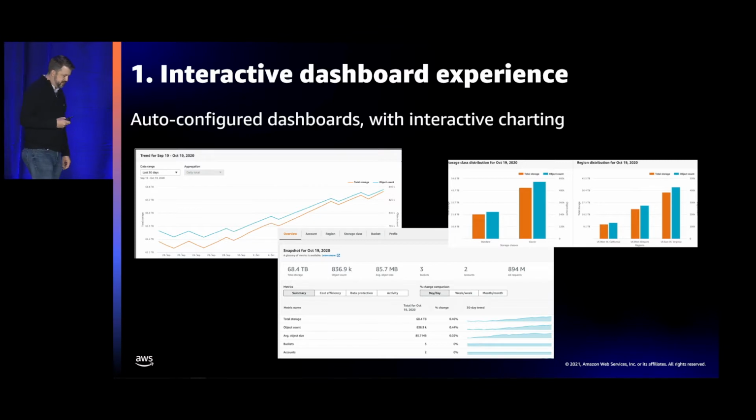So when we speak with customers, we often hear two points of feedback, that they really like the dashboard experience. The first thing is they appreciate that it's automatically configured for you. So you don't have to think about how to lay out the dashboard, what are the right metrics to show. It's already set up, and it's also pre-configured in the sense that it's preloaded with 14 days of data. So even if you've never used it, you could go in there today, and it's already set up with data, and you could just jump right in.